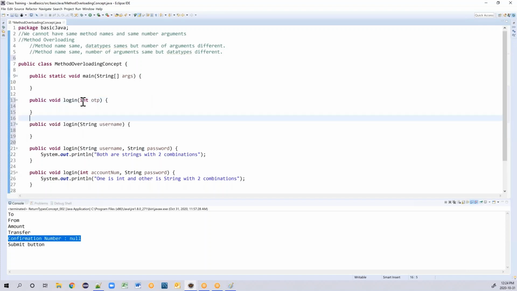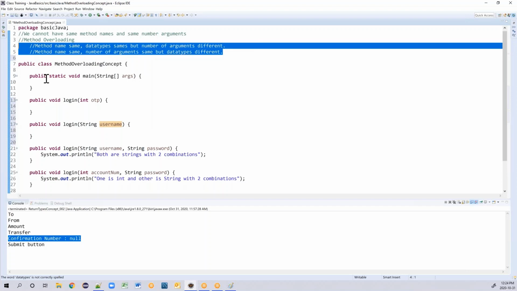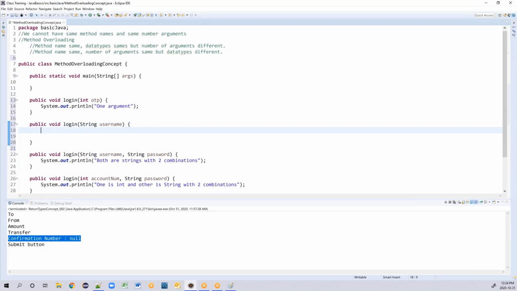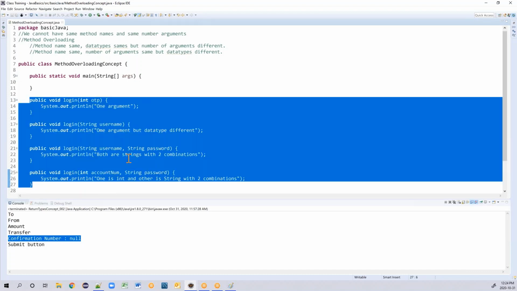Method name is the same, but the data type is different. That is also called method overloading. So you will say sysout one argument, and here also sysout one argument, but the data type is different. So this is all about method overloading.